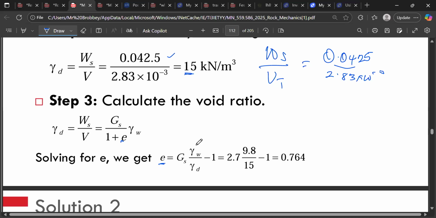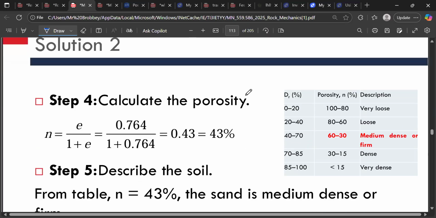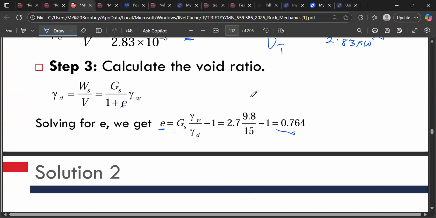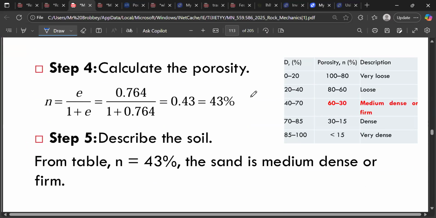And then when you perform your calculations, you're going to get your E being 0.64, right? And then now that I have my E, I can straight away go and find my porosity, which is E over 1 plus E, is equal to 0.7. Now, the fifth one, which is one of the new things we are encountering today, is